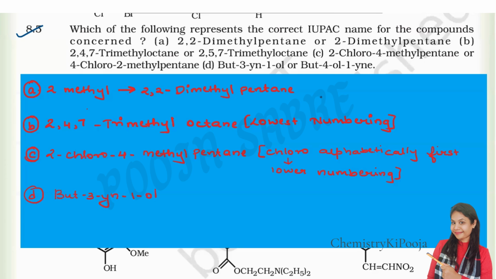So I hope the concept is clear. The concept related to IUPAC is now clear to you, because we have solved many examples in all the previous lectures, as well as in this lecture. We have studied which is the correct IUPAC name and why not the other. Okay, the reasons also I have given you in detail. I hope you have understood the entire concept. Still, if you have any doubt, any difficulty, you can write down in the comment box.